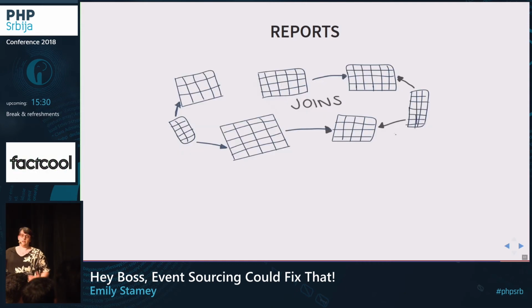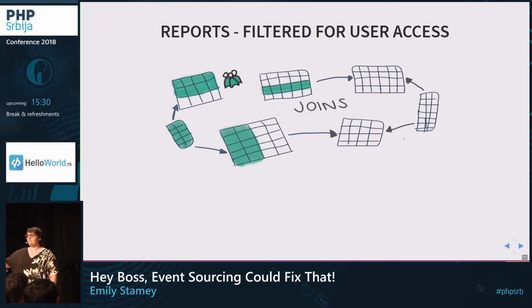What we're doing right now is joining this complex schema that made sense at the time, but sometimes we can be joining about 7 tables, just trying to get all of the information in front of the user that they need to know. And it wouldn't be bad if we didn't have so many rows to represent every piece of traffic that came in. But we also have user groups that have different levels of permissions and different things that they're allowed to see. Because it's security, they really like adding a whole lot of complexity around what people are allowed to look at. So adding on this user permission level makes our queries even more complicated.